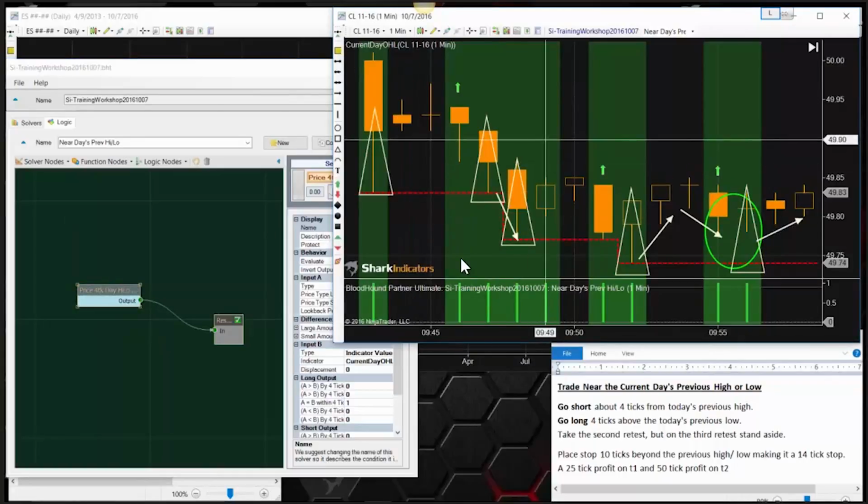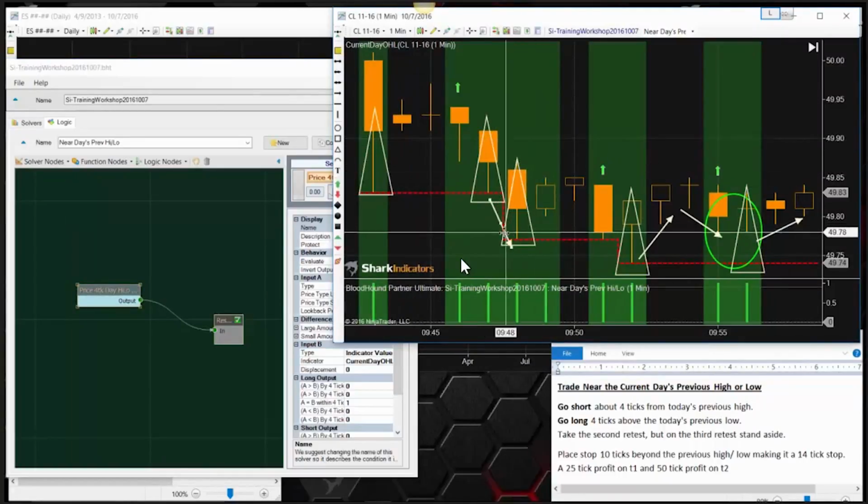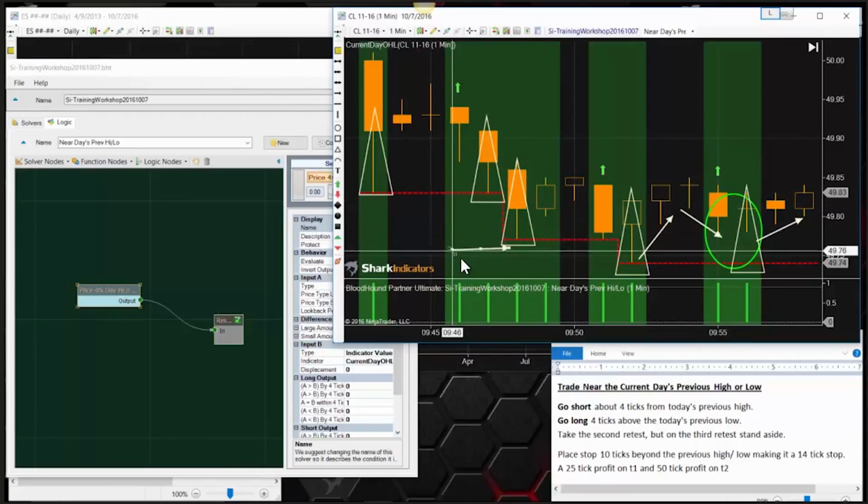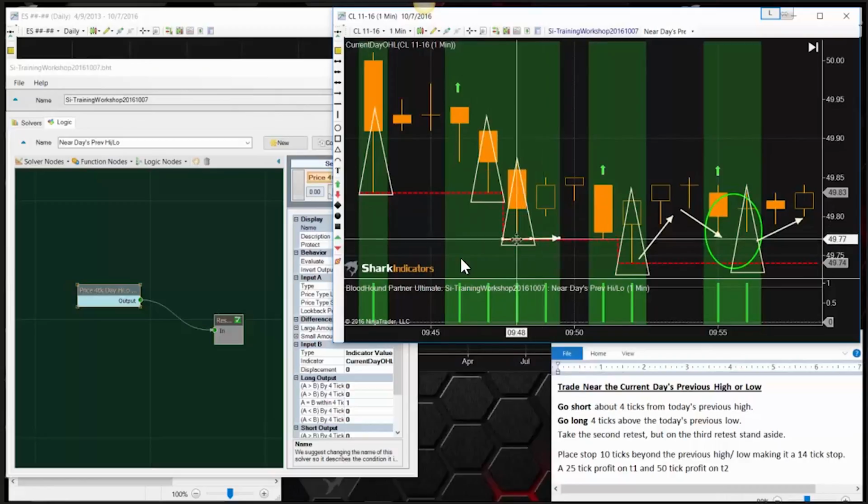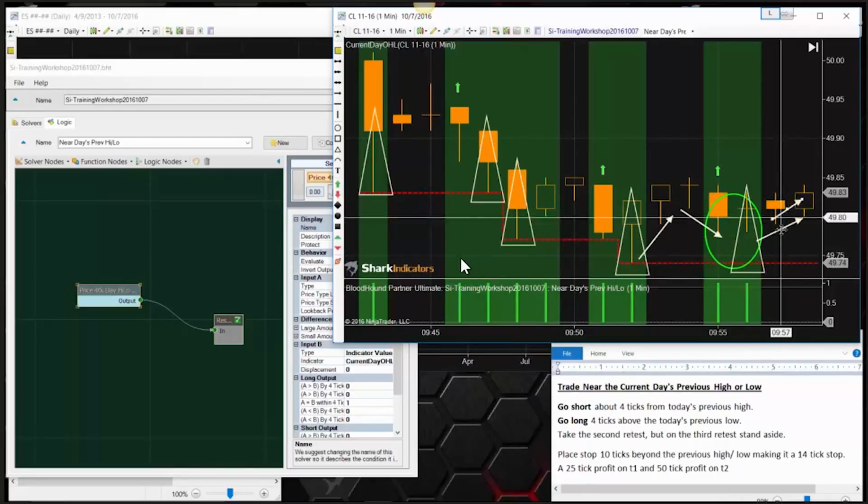In other words, if the indicator stays flat, then, looking at the current bar on the chart, if the indicator on that bar equals the indicator value on the previous bar, right? If these two plots equal each other, then